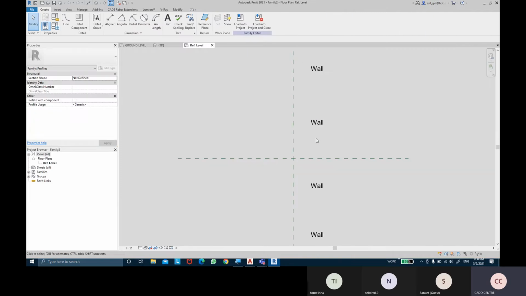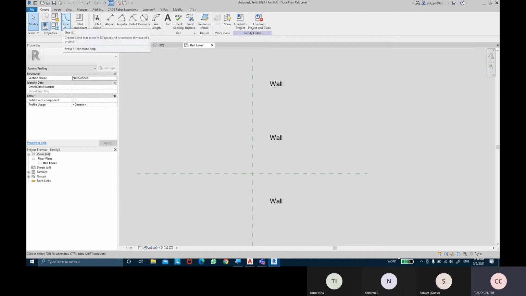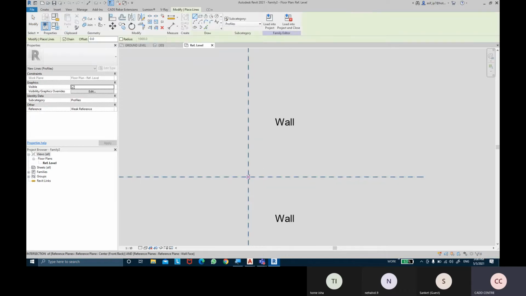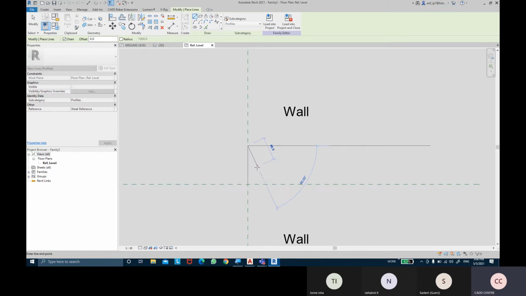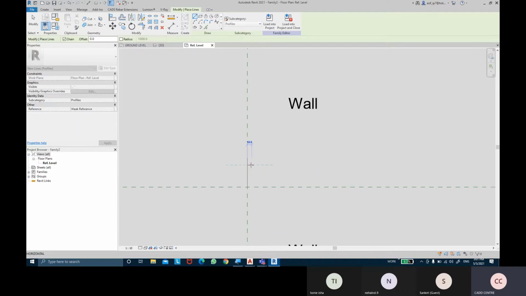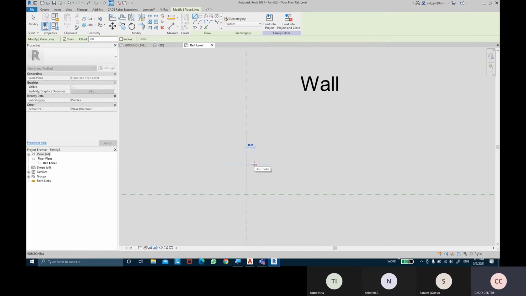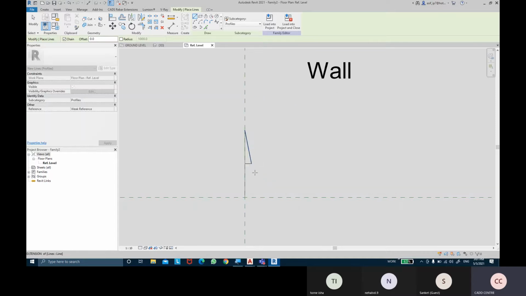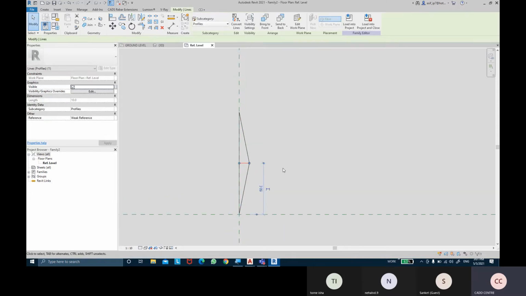Create another profile shape. So I'm going to take the create command, take the line command from here, and maybe this time I'm going to give the profile height of, let's say, 100 mm. I'm going to give just from the midpoint up to a depth of like 10 mm, and then I'm going to drag this all the way here. I don't need these middle lines, so I'm going to delete them.